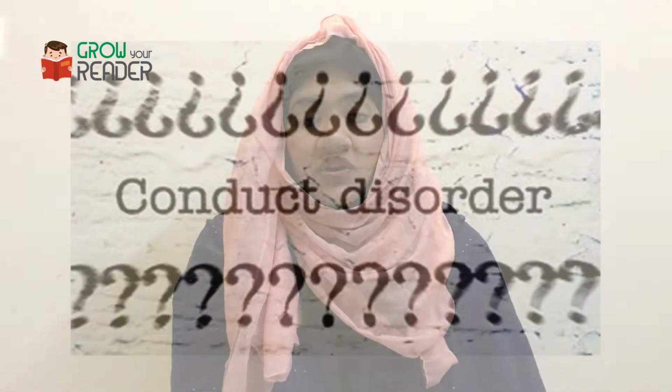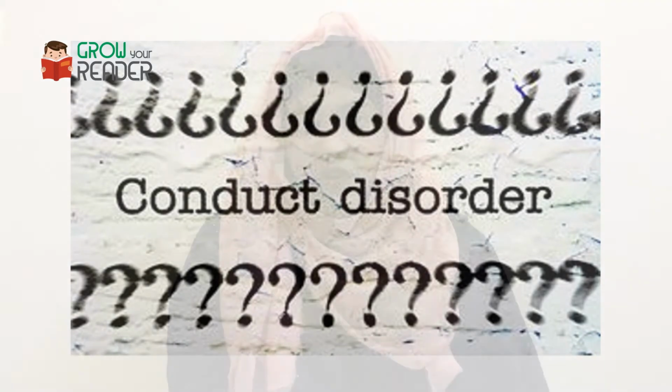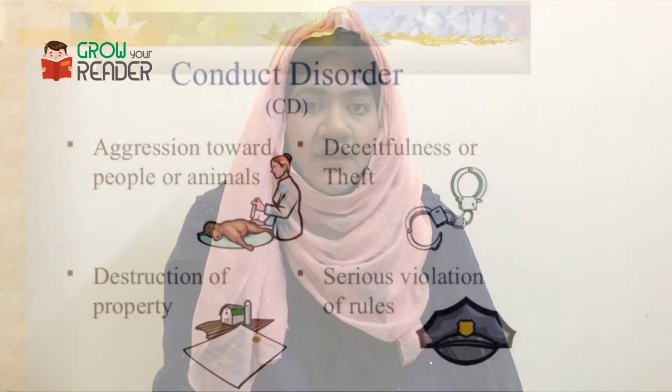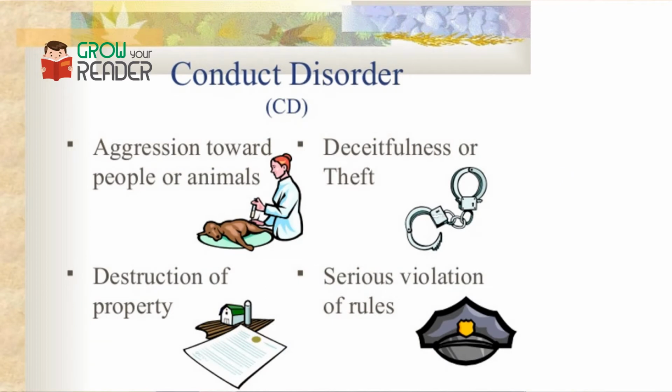Okay, so let's start. CD, or conduct disorder, is a type of disorder where a child who is diagnosed with it shows a series or pattern of aggression levels. Especially, he has a series of violations. He doesn't follow the social norms, especially in school, with his peers, in his family gatherings. These violations can include injury, being arrested, or harming someone.